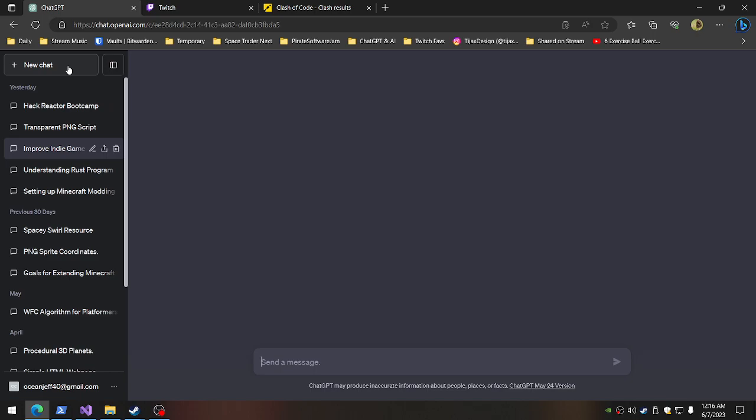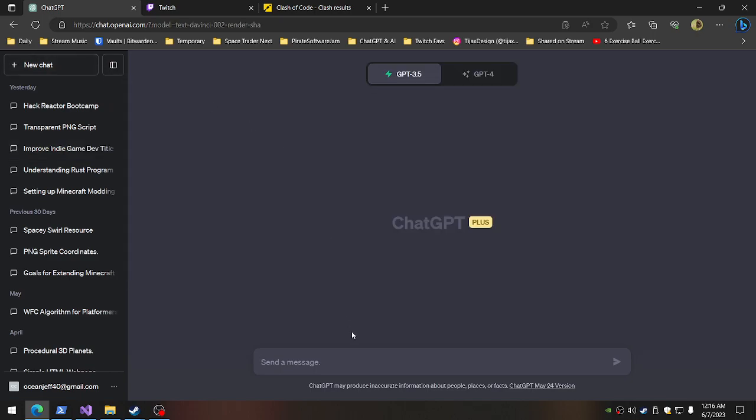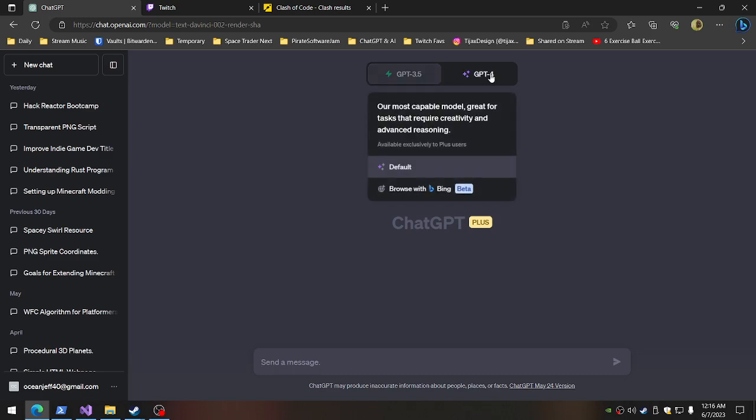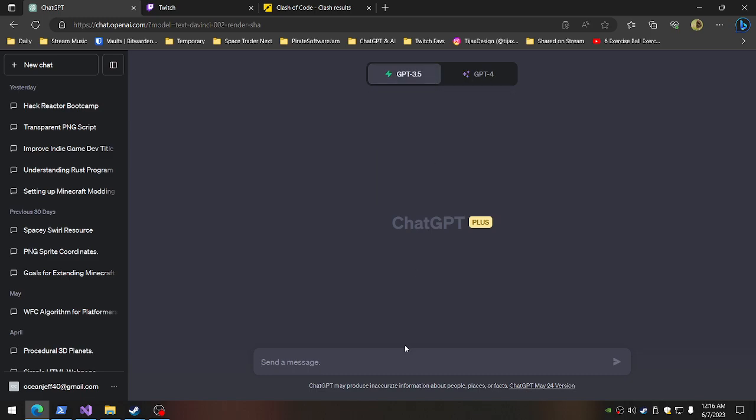About ready to hit new chat right now. Okay. So then let's just go to GPT-4, although 3.5 is fine. I don't need to waste any messages if I'm going to use them later. In imGUI, C++, OpenGL, I am wanting to